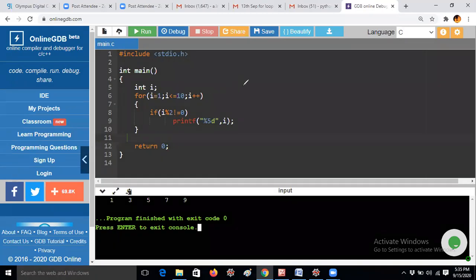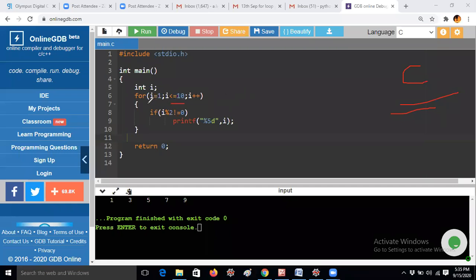Basically, whenever you are having interviews, you memorize programs like how to print odd numbers, how to print even numbers from 1 to 10 or 1 to 100. If you would like 1 to 100, you just put i less than or equal to 100 here. That's all. If any students, or even any faculty, are not familiar with the for loop, let me explain. This is a concept of C language. Don't get confused, please wait for a moment.